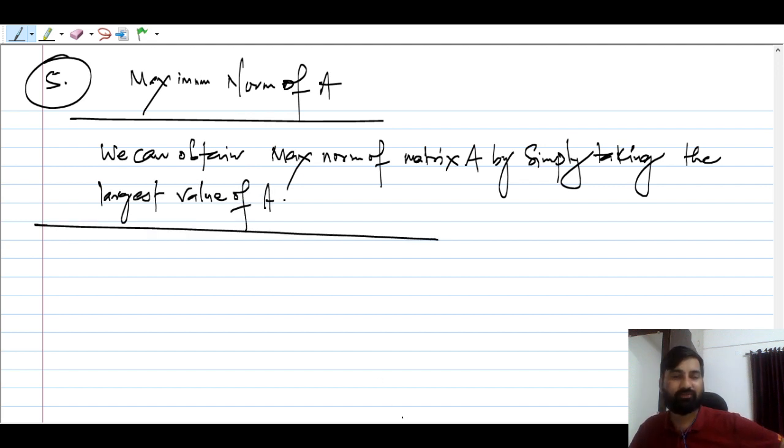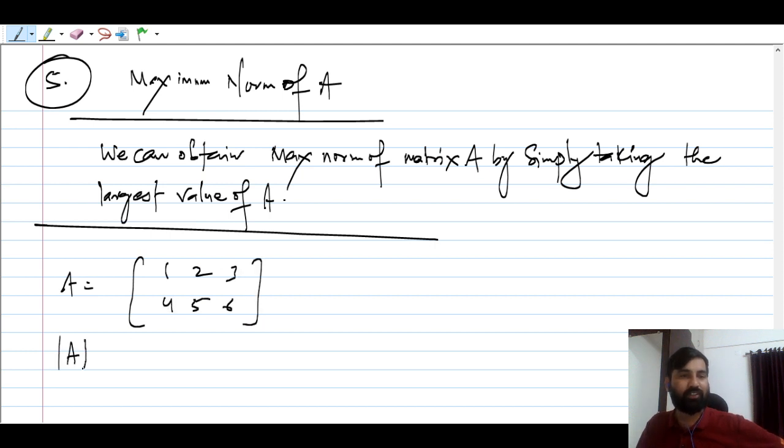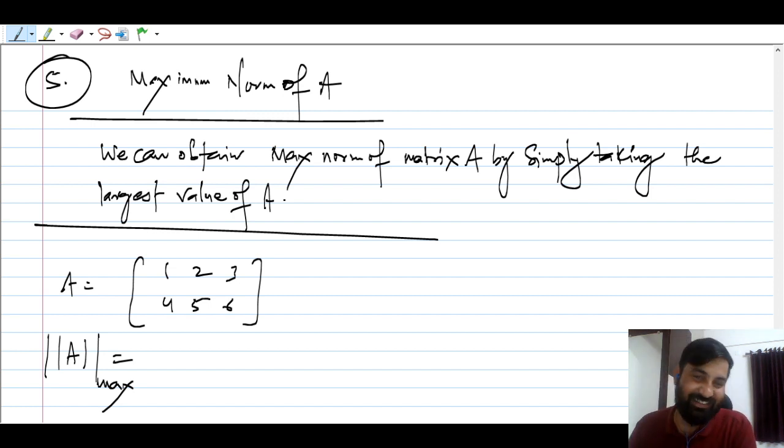a matrix A। तो बहुत सिंपल है भाई। अगर मान लो कोई पूछता है, एक मैट्रिक्स दी हुई है, मान लो 1 2 3 4 5 6, गाइज व्हाट इज द मैक्सिमम नॉर्म हियर, इसका मैक्सिमम नॉर्म क्या हो जाएगा बताओ? यस, एनीबॉडी? अच्छा अच्छा, 3, कोई भी बता सकता है। So we can obtain maximum norm of a matrix A by simply taking the largest value of A, ठीक है। हाँ बस, और याद रखना हमें क्या लेना है, मैग्नीट्यूड लेना है, राइट। तो ये 6 हो जाएगा।